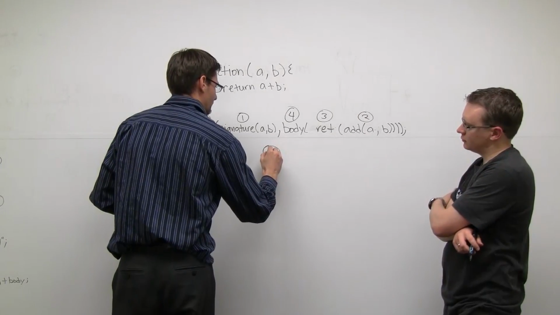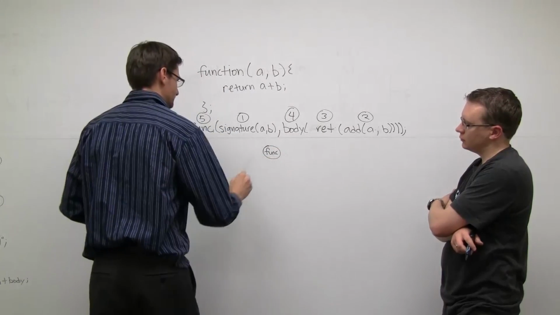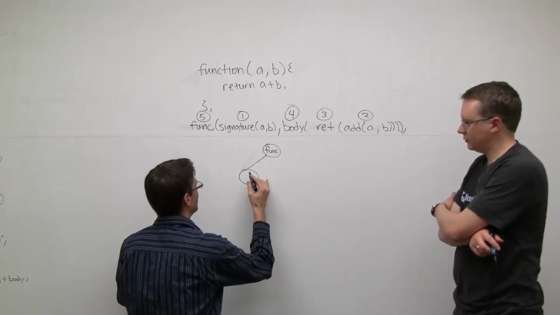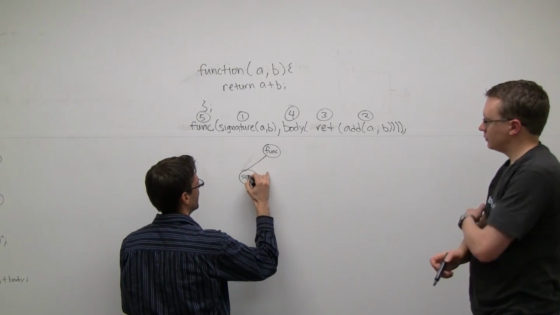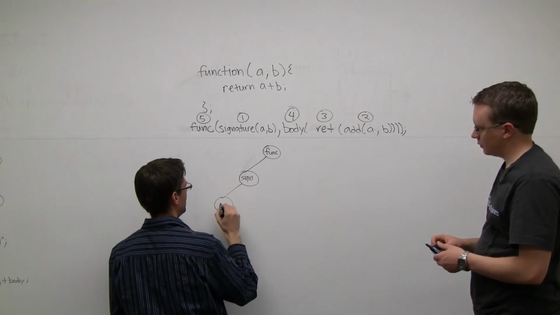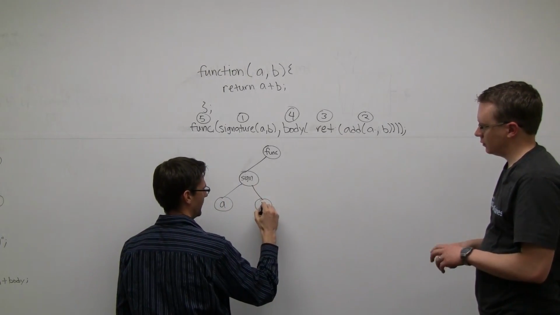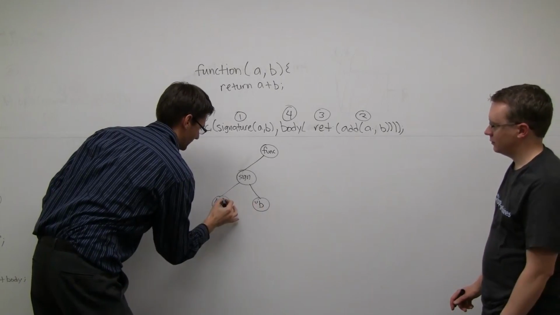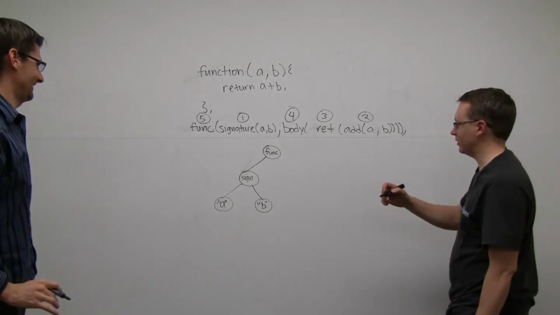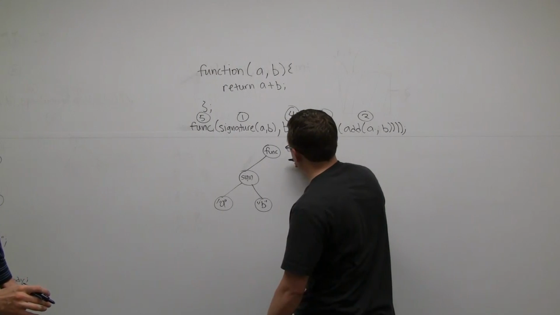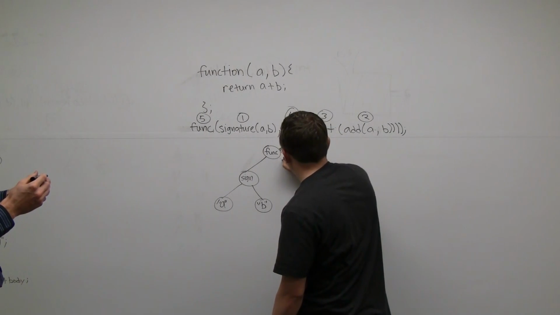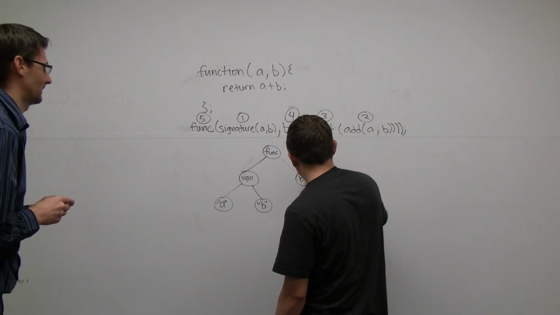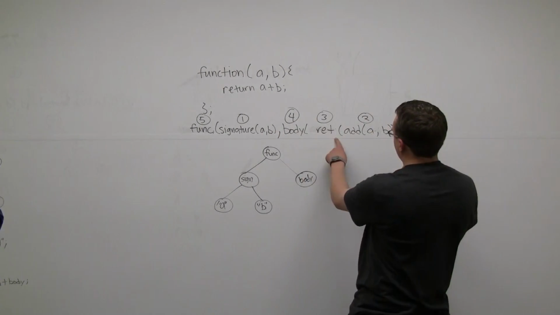So the first thing we need to do is define a function. It has a signature. It then has a variable A and a variable B. Let's put those in quotes. Good idea. Then on this side, you get to do a tricky one. Go for it. We're going to have the body. The body only has one